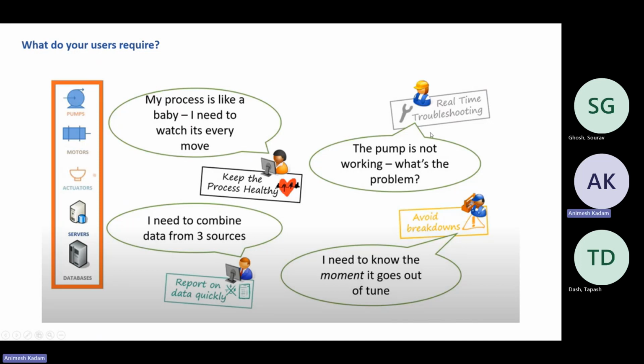Though the operator will have access to the DCS and all, still the DCS doesn't hold long-term data. Nowadays the DCS is pretty capable of holding data for a month or two, but still, suppose you implement a DCS, it is not implemented all over the mill, right? Some areas will have PLCs or standalone SCADA systems and all, right? So in that case, the operator should know what is happening to my equipment. So in this case, the PI system